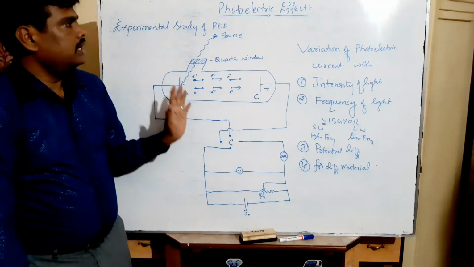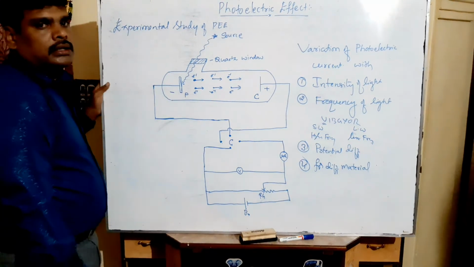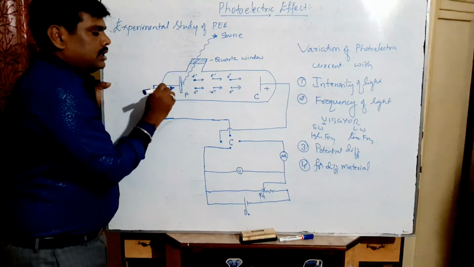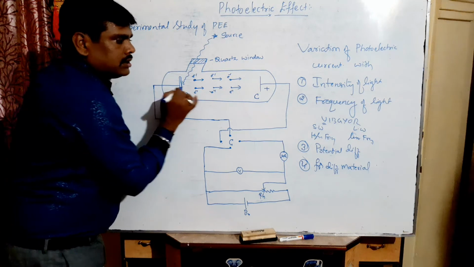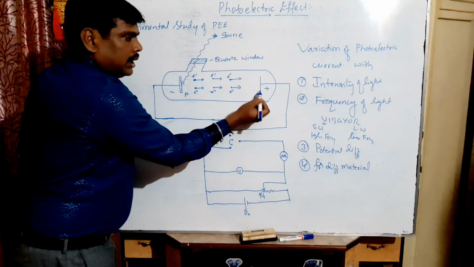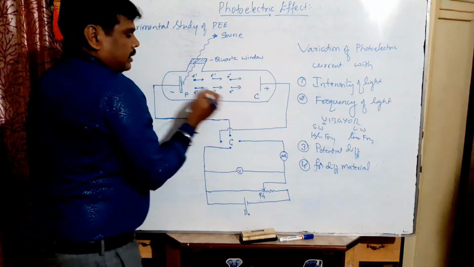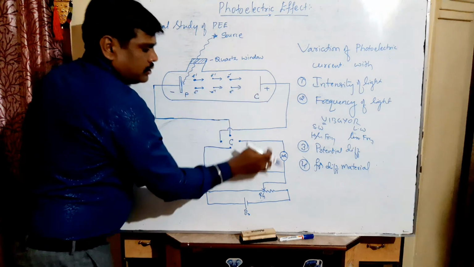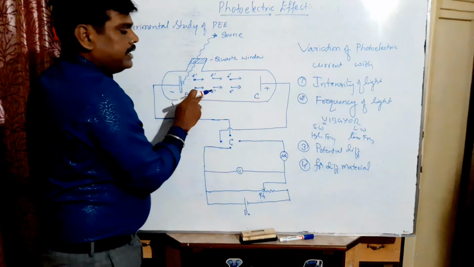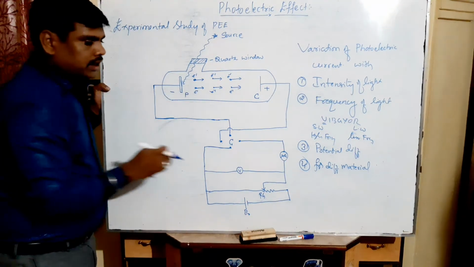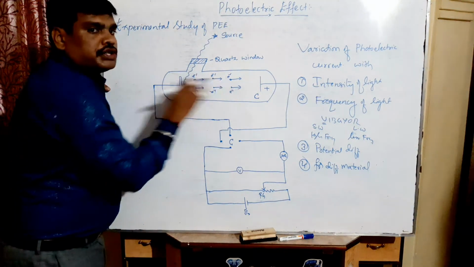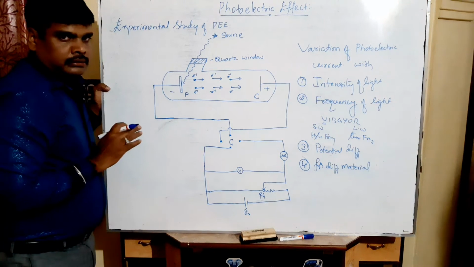Okay, this is just an experimental study of the photoelectric effect. It clearly says that when light of suitable frequency is made to incident on the photosensitive metal, the electrons are emitted. The emitted electrons are attracted by the collector plate, and to confirm if there is a movement of electrons from here to here, this current can confirm that. If the photoelectric current is higher, then there is a higher number of emission of electrons. That is the meaning of this. If the photoelectric current increases, it means the concentration of emitted electrons also increases. Clear now?